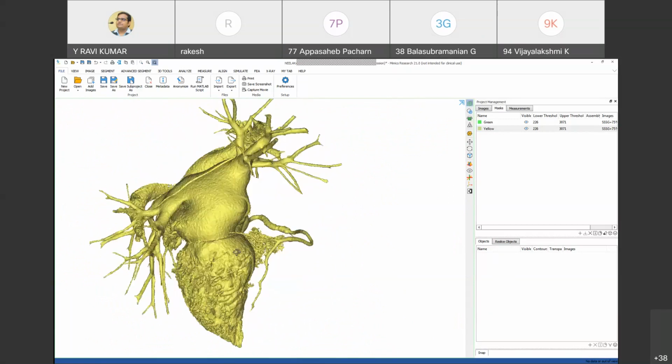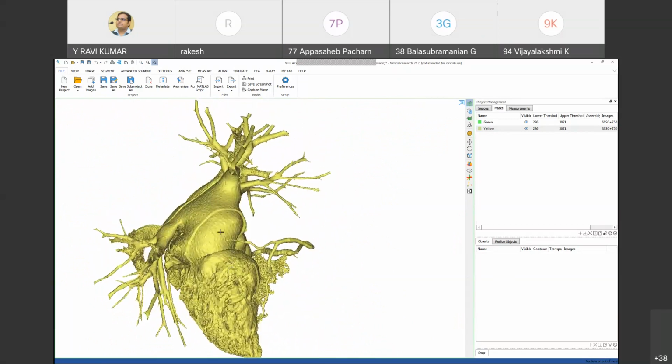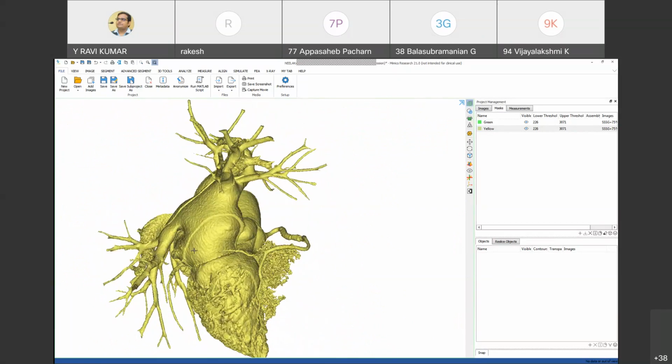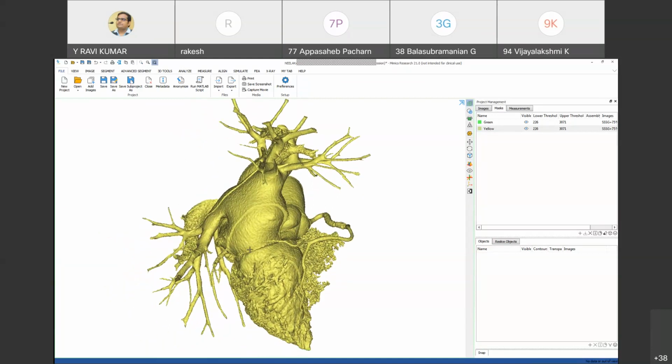So to print it, first we need to edit these small features. These things cannot be printed.